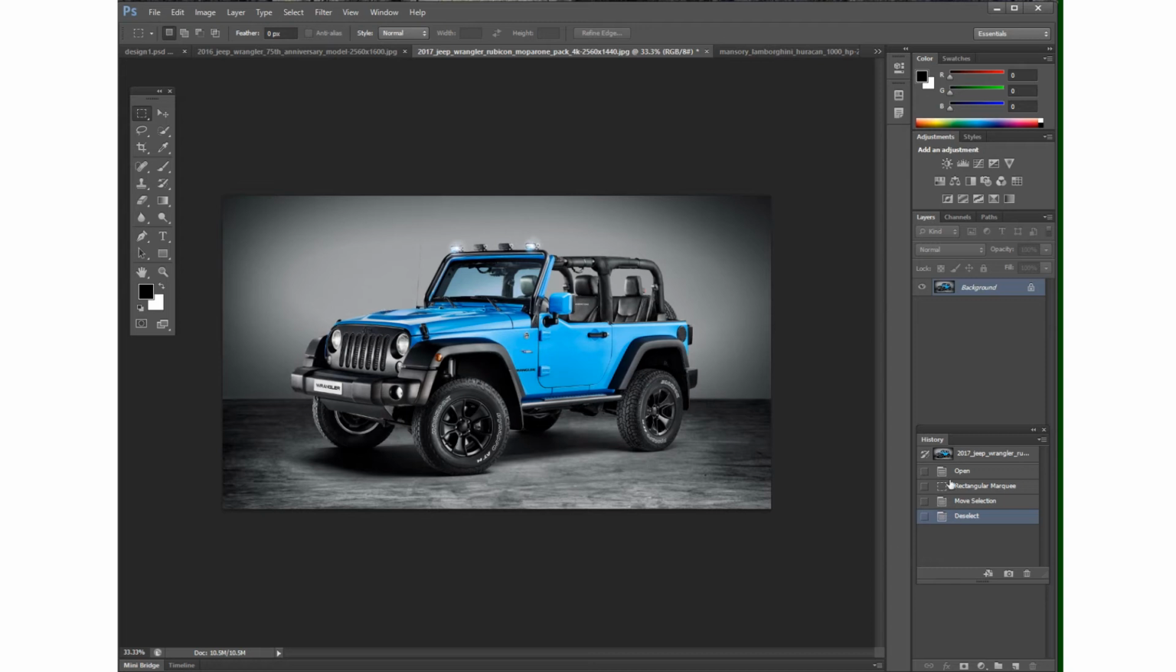And also you can see this history window. I can see the file name, open, rectangular marquee, move selection, deselect. These are the history entries or history log. And if I click on this, then it is the